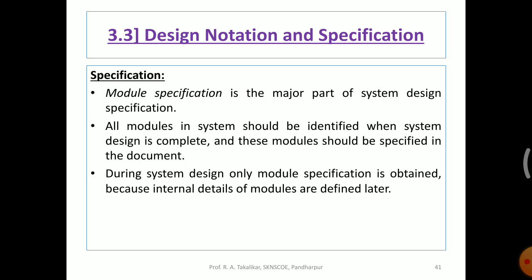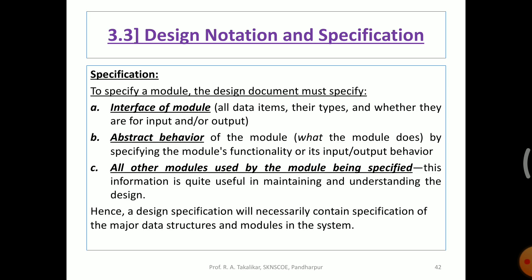And in the specification, the module specification, we have seen it is a major part of the system design specification. That means during the system design, the module specification is obtained because internal details of modules are defined later. Under the specification, we have to specify the module.